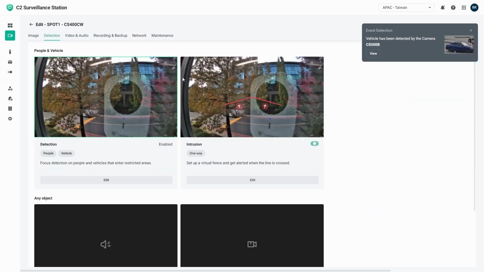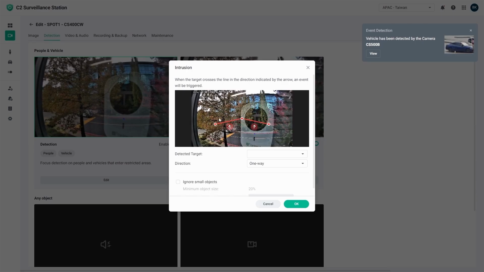And you can see we can, again, adjust this virtual fence to cross this street here. And we're going to just adjust this so it grabs the sidewalk, the street, as well as into the bushes, slightly into the building across the way. So that we're detected actually for cars and also people too, just in case there's anyone walking on the side of the street. Now, what we're going to do is go ahead and add people and vehicle detection for this and set the direction to two-way, since this is a two-way street without a gate.